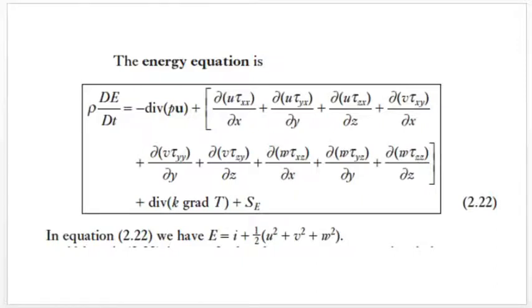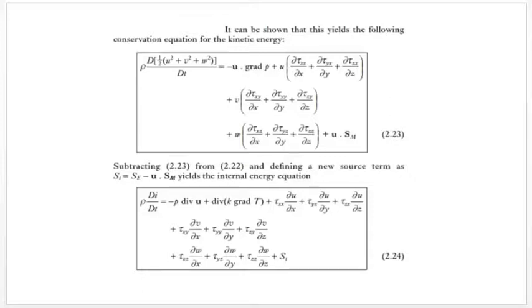As we saw in equation 1, overall energy is equal to overall heat added, plus net work done, plus your energy source. This is your energy equation in 3 dimensions. Here consider your E as I plus 1/2 (u² plus v² plus w²), the kinetic energy. In equation 2.23, instead of the E part you substitute the whole value 1/2 (u² plus v² plus w²) in the LHS part. In the LHS part only your capital E is there. So the remaining RHS will be the same.